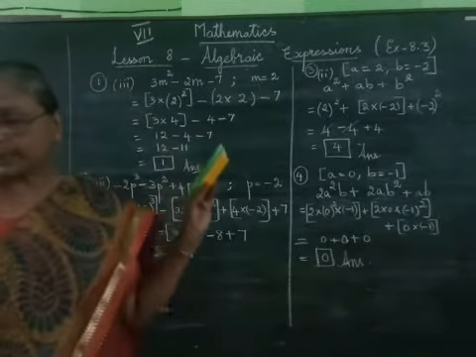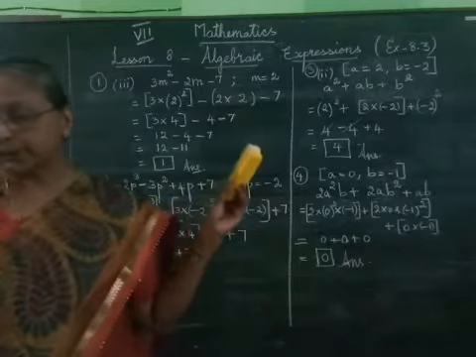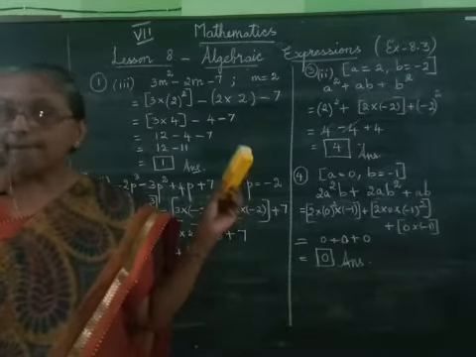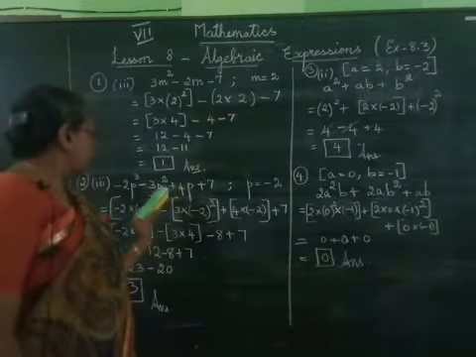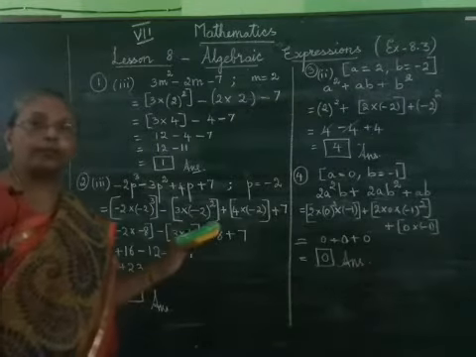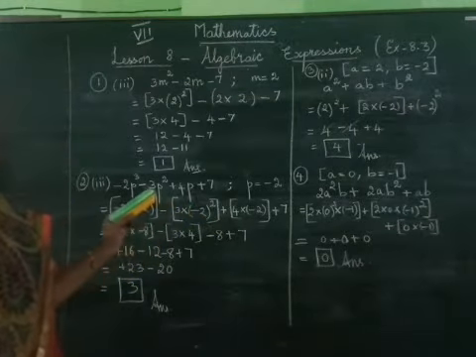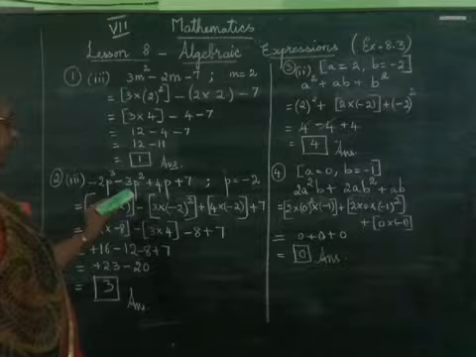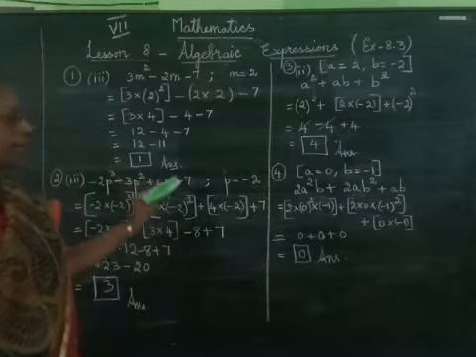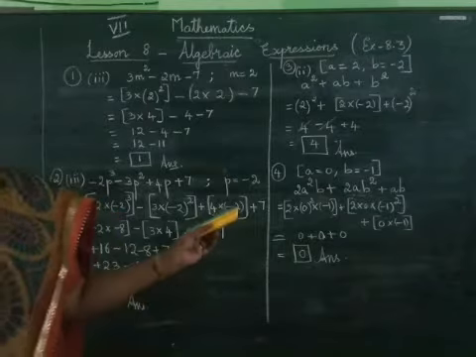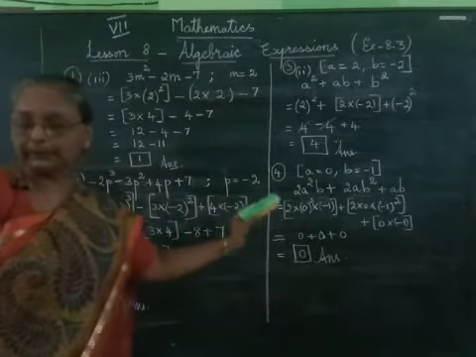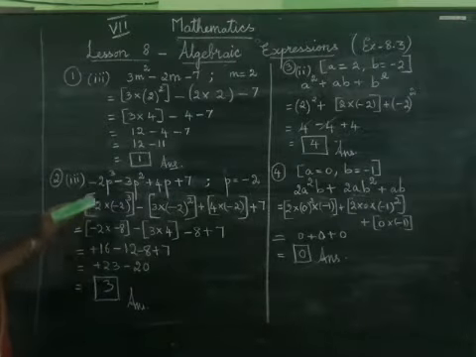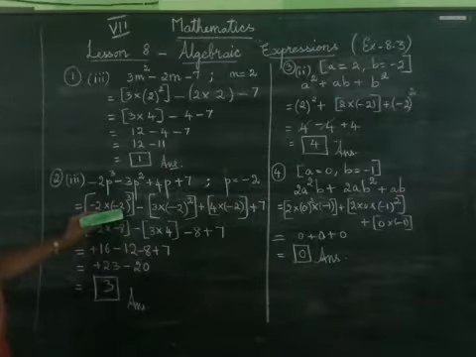Now the second sum you can see. In that I will do the third subdivision for you. If p is equal to minus 2, find the value of minus 2p cube minus 3p square plus 4p plus 7. Minus 2p cube minus 3p square plus 4p plus 7. Here the value of p is given to be minus 2 and we have to find the value of this given expression. So in place of p cube we have to put minus 2 whole cube.